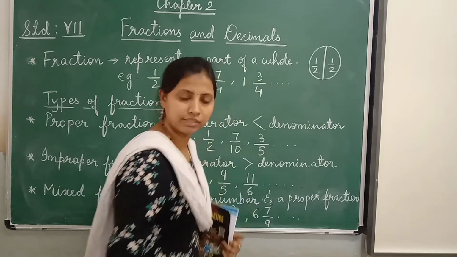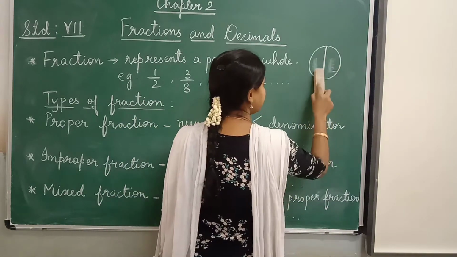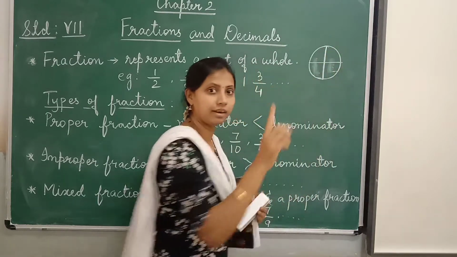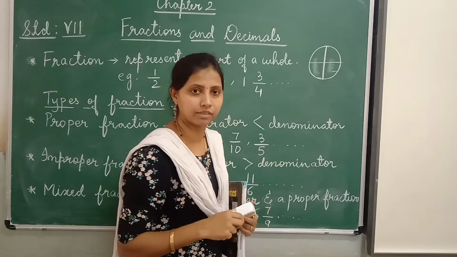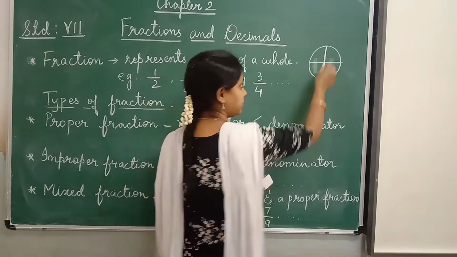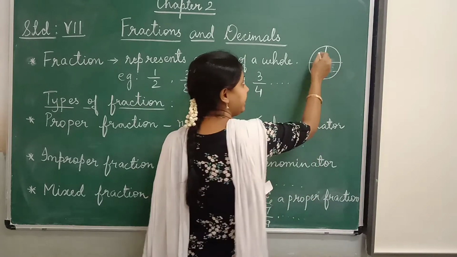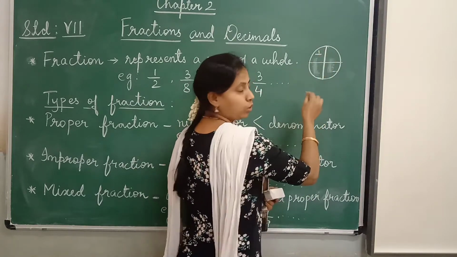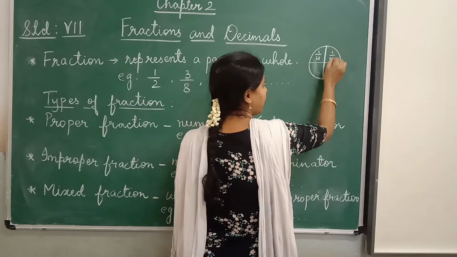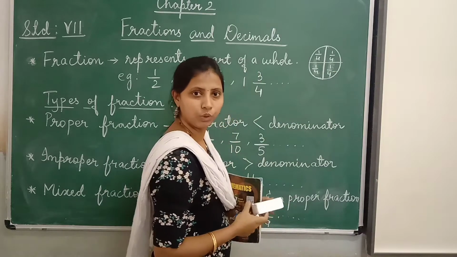Isn't it? Now the same circle, if I divide it into 4 parts, now the whole circle is divided into 4 parts. So each part here also is called a fraction. 4 parts, so 1, 2, 3, 4. Out of 4 parts, each is 1 part. This is 1 part out of 4. So we write it as 1 upon 4. Each part is 1 upon 4. Yes, all these things we have studied.